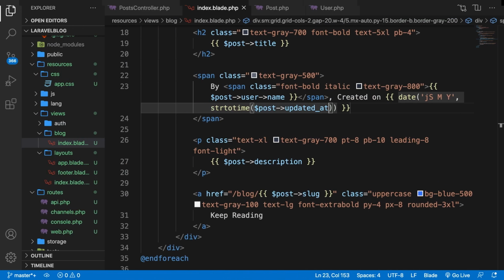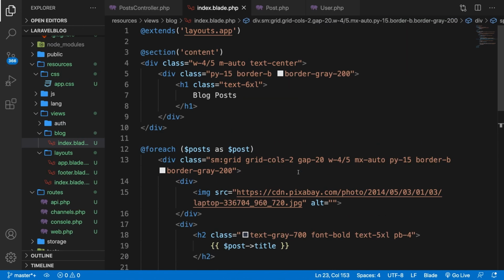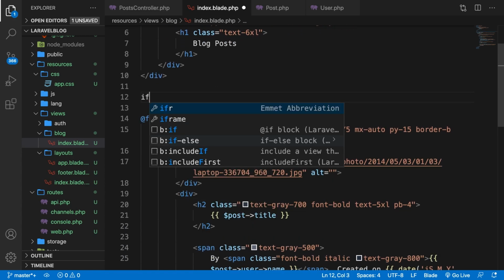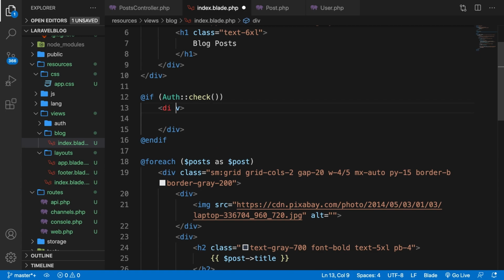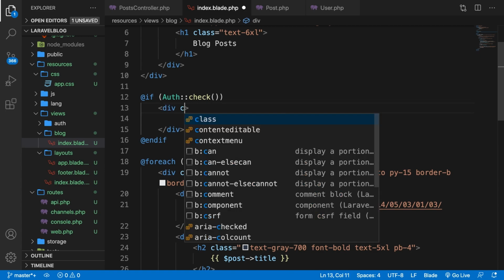So in our index.blade, let's go up. Above our loop, let's create an if statement where we check auth::check. This method, the check method, will determine if a user is already logged in or not. If it is true, we're going to print out a button. So let's say div, let's give it a class of